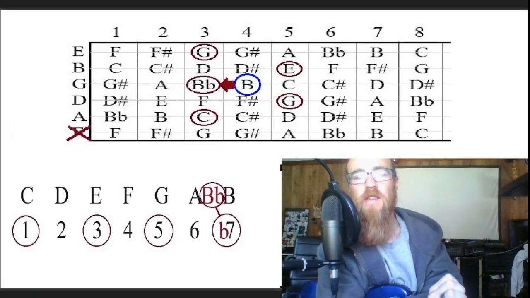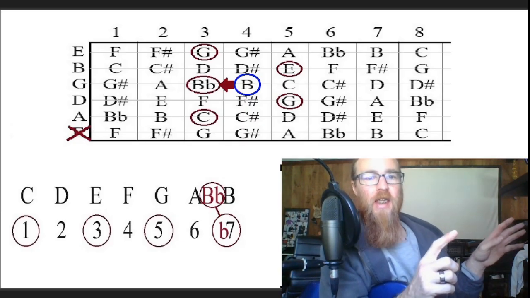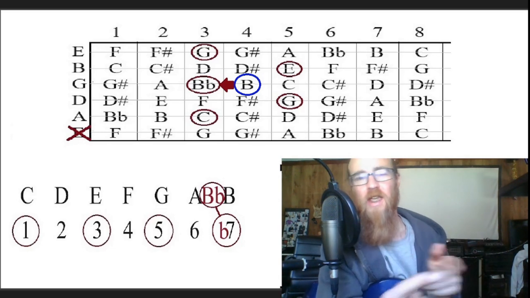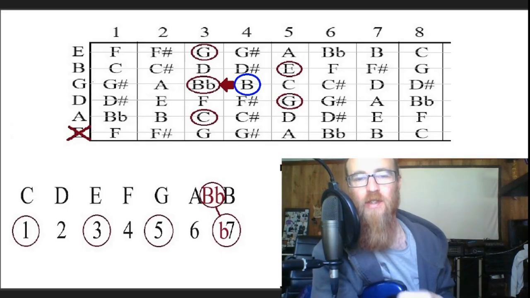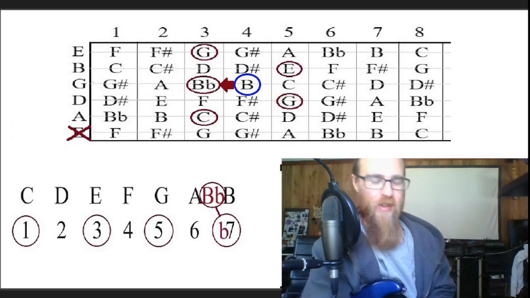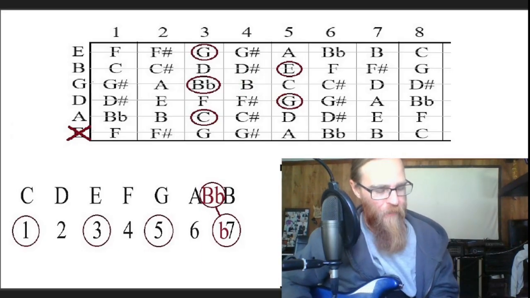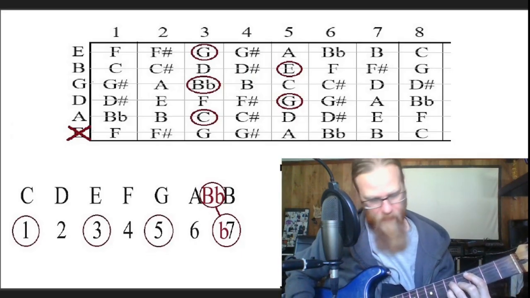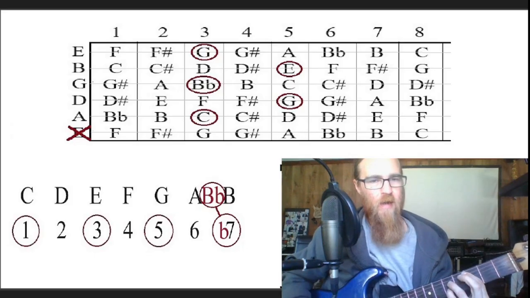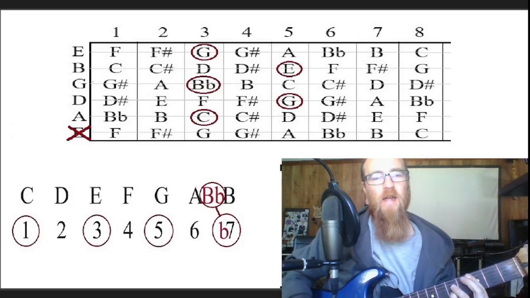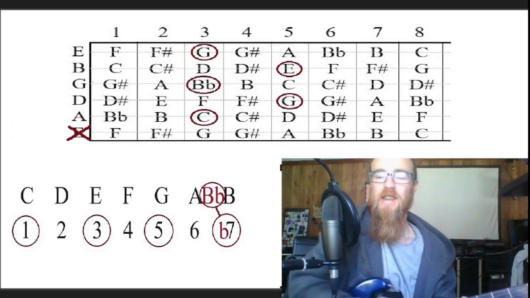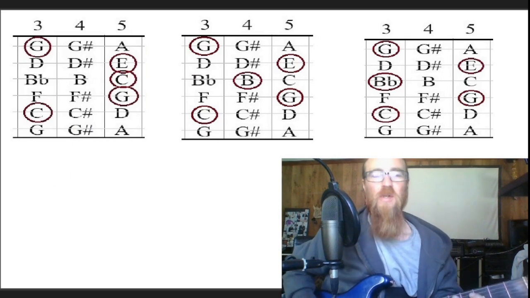Because C major 7th has a full 7th, C dominant 7th has a flat 7th. Anytime you see C7, if it doesn't say major or minor before the 7, if it just says D7, A7, C7, it's a dominant 7th, which means it's a major chord with a flat 7th. So all we're really doing here is taking that C major 7th and lifting our finger up on B, and it's going to become barred for us by our bar, and it's going to become the dominant 7th. So to recap, we're taking C major,